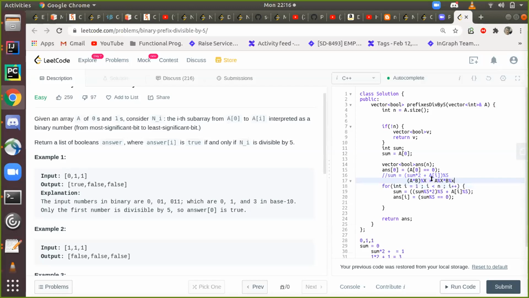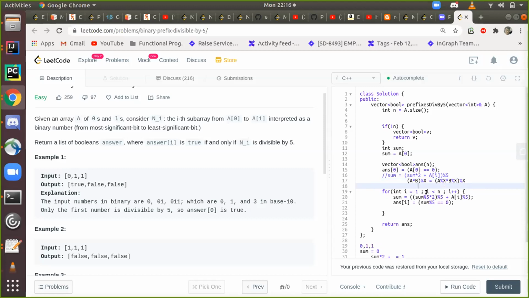Yeah, the whole modulo should work. I'm just using that, and a similar property applies for addition also. That's how modulo is being used there.